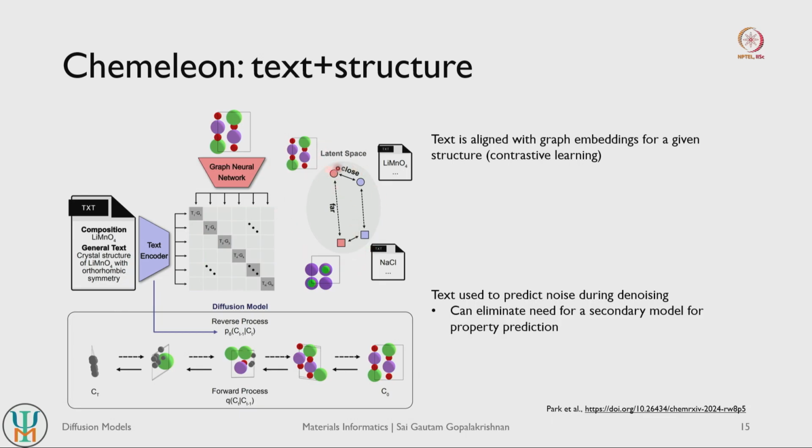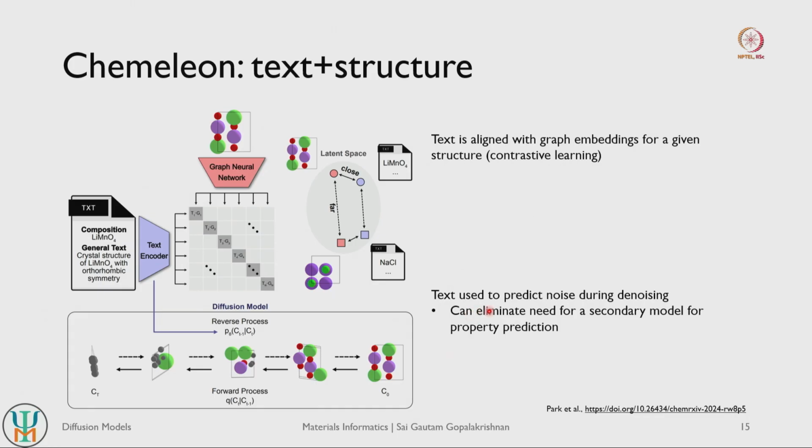And the model evaluates the similarity or differences between structures, right. So you see that here LaMNO4 is considered to be quite far away, or not very similar, compared to a sodium chloride structure, right. So it uses both text as well as structure, and the text is used to guide the denoising process during the diffusion process, right. Whatever target text, target properties or target composition you give is used as a guide or as a constraint to make sure that your model predicts structures that are more relevant to your ultimate target or ultimate application.